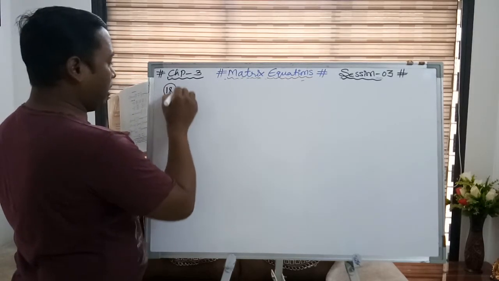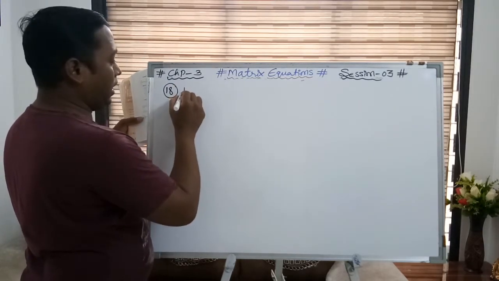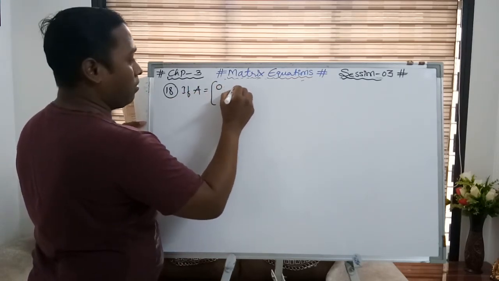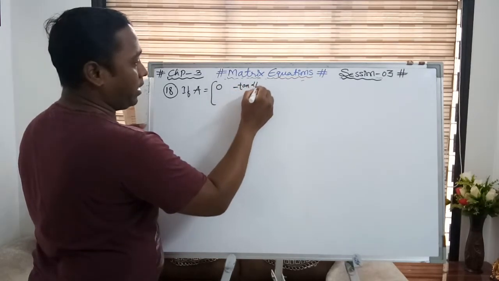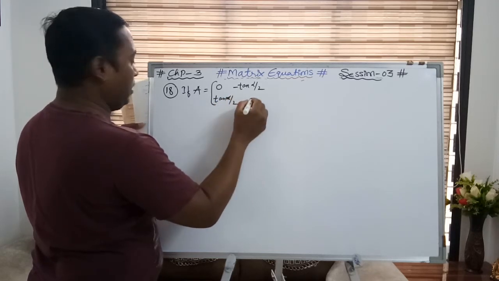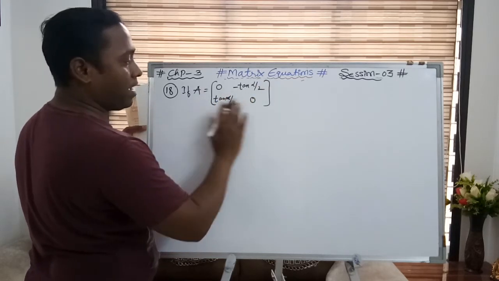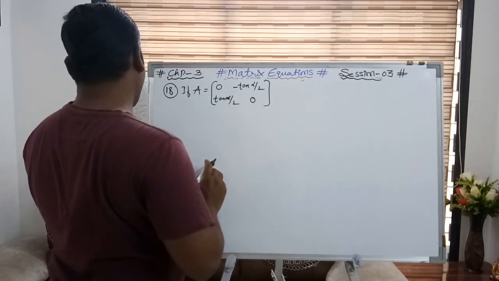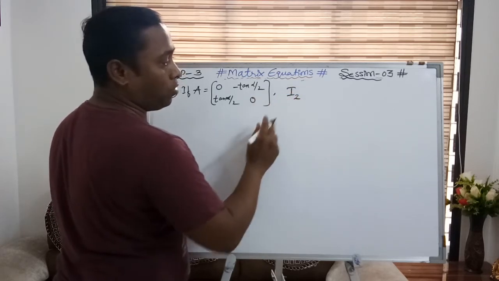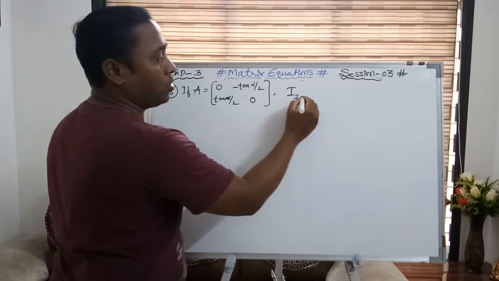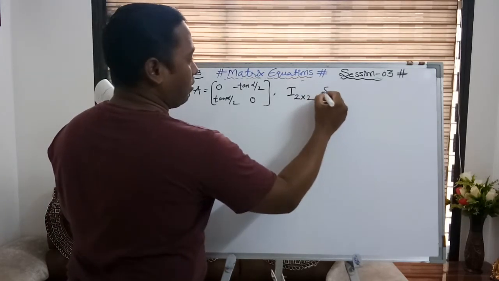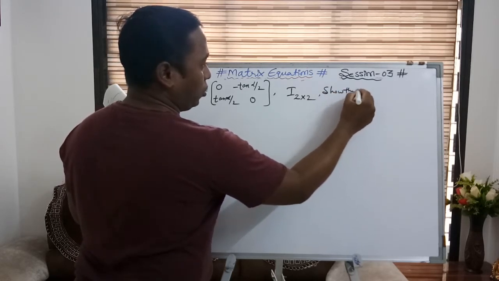Question number 18. What they have given, if I am writing the question: if A is equal to 0, minus tan alpha by 2, tan alpha by 2 and 0. This is a square matrix given, 2 by 2 matrix, and I is an identity matrix of order 2. I2 means identity matrix of order 2, or 2 by 2 you may also write. Right? Show that,